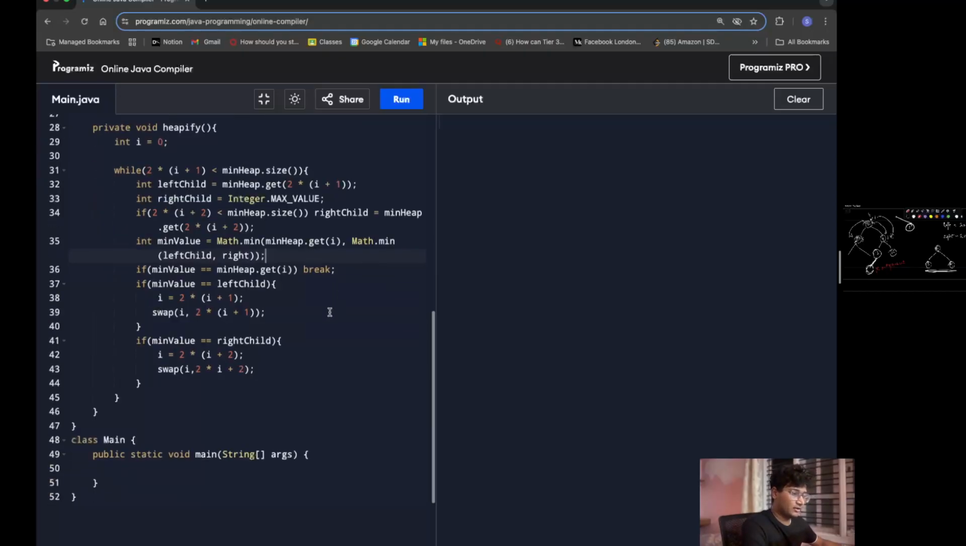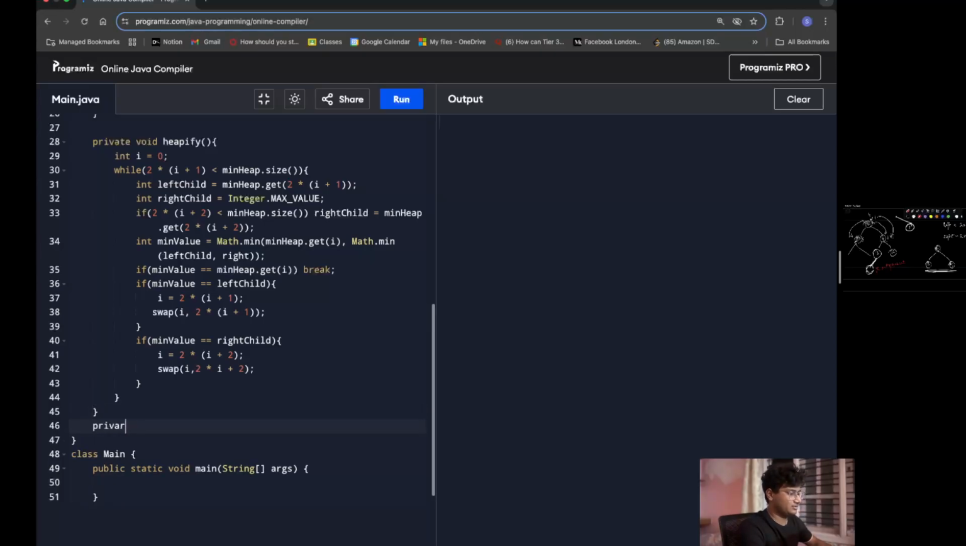Perfect. Now we're done. We just need to add this thing, that is swap. Okay, now I've added it. Now this will also be private, right? Void swap,